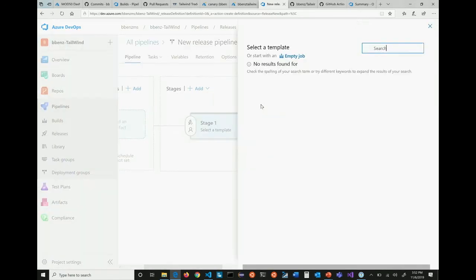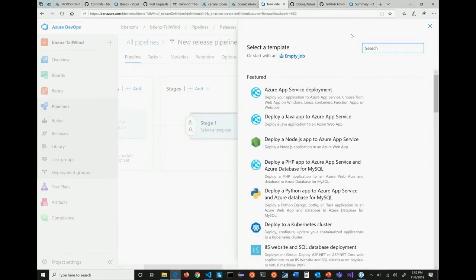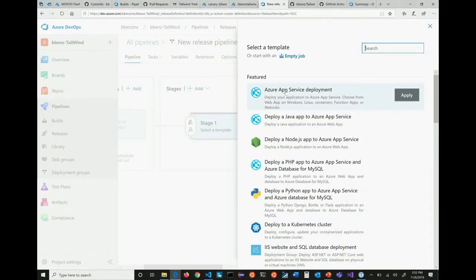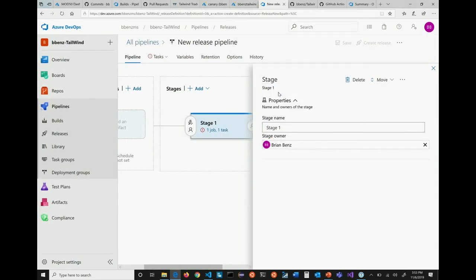So the first thing I do is I just say create a release. And there's a bunch of templates here as well that I can choose from. I'm going to choose the Azure App Service deployment because we're deploying to an app service. There's tons of other options I could use for the base template, or I can start with an empty job and configure my own release, depending on how complicated you want to get. In this case, it's a demo and it's a simple release, so we can just go here. Staging